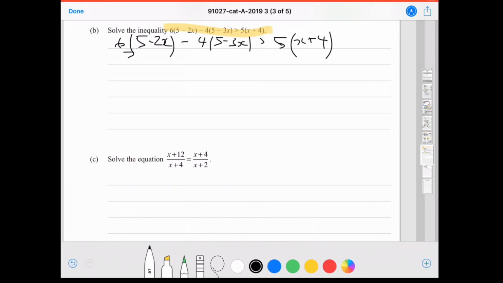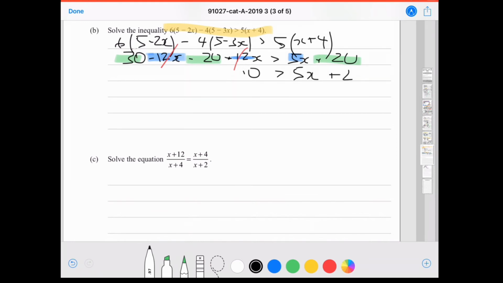So this first bracket, we've got 30 minus 12x, minus 4 times 5 is minus 20. Then minus 4 times minus 3x is positive 12x. And this is greater than 5x plus 20. So collecting like terms, once again we can highlight to make it easier for ourselves. You've got the x's here and even here, and just the single digits, 30 minus 20 and positive 20. So looking at the x's first of all, these actually cancel out. Minus 12 plus 12 cancels out. 30 minus 20 is 10. It's greater than 5x